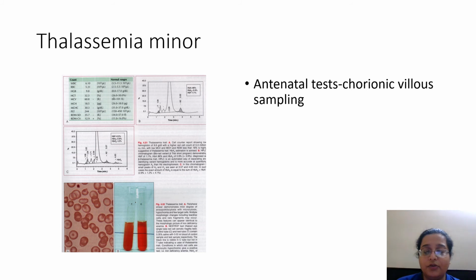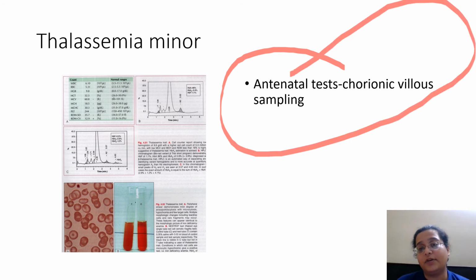Coming to the minor, thalassemia minor is a chance diagnosis. You might miss it, you might have borderline anemia, and you might stay healthy. Why it is important is that if you have the disease and your husband or wife has the disease and the child manifests as major, that is when this disease is caught. And if you already know that you or your spouse is suffering from it, antenatal testing of the fetus is very important through chorionic villus sampling in the 12th week, where they try to genetically determine whether there will be, most probably, a presence of thalassemia in the baby or not.